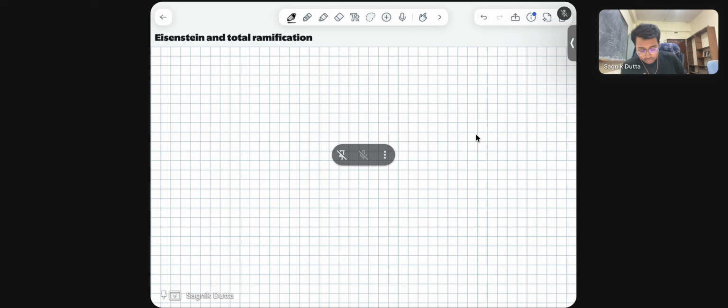So in this video we will be talking about an interesting property of Eisenstein polynomials and how they help us to find ramified primes, or more generally totally ramified primes. To begin with, an Eisenstein polynomial is a monic polynomial. Let's say something like this,